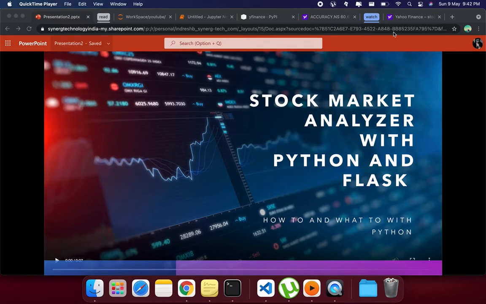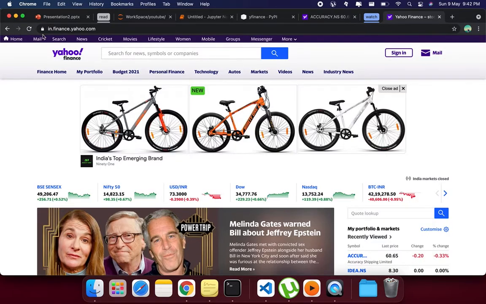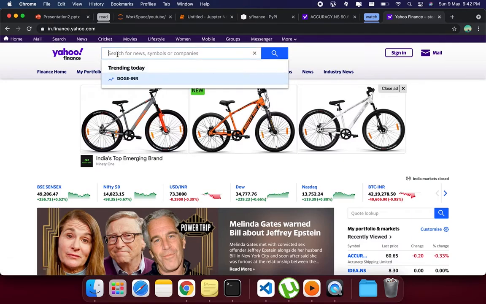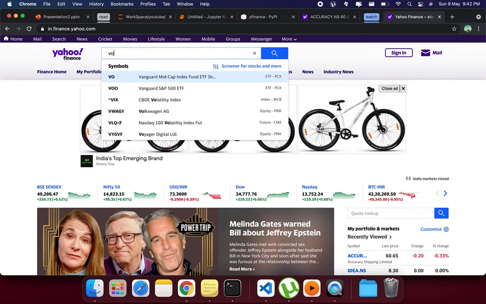Right. The first thing is where you can find your stock information, right? So you can go ahead in Yahoo Finance, which is in.finance.yahoo.com, and search for any of the stocks. So let me search for supposedly Vodafone, right? Vodafone stock. So Vodafone Idea Group, which is again an Indian one. So Vodafone Idea, we will look into this stock, and the one thing you need to look into if you're in the Indian stock market is the NSI.